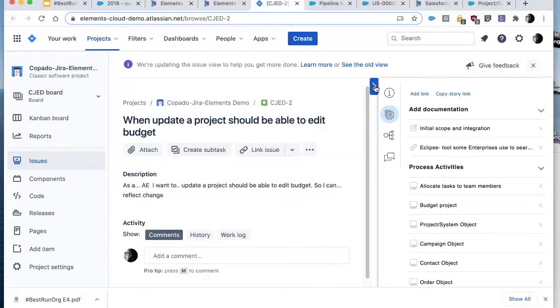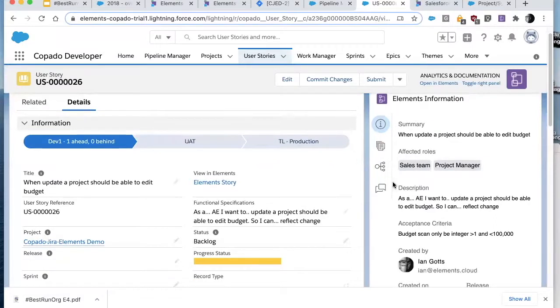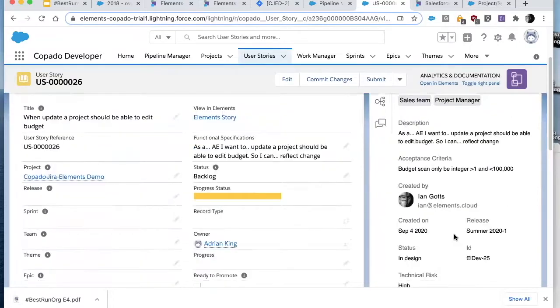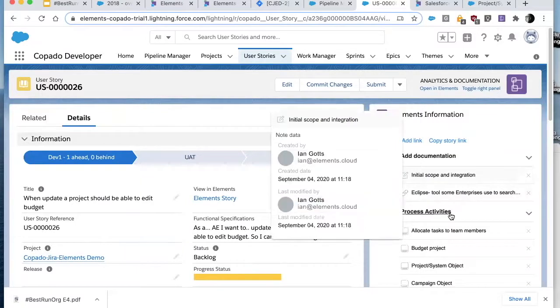Now from Jira, we could then go into Copado. So now I'm in that same user story, and you can see there's the link back to the Elements story. And now inside Copado in this user story, you can see all that information again. Everything that came through from Elements